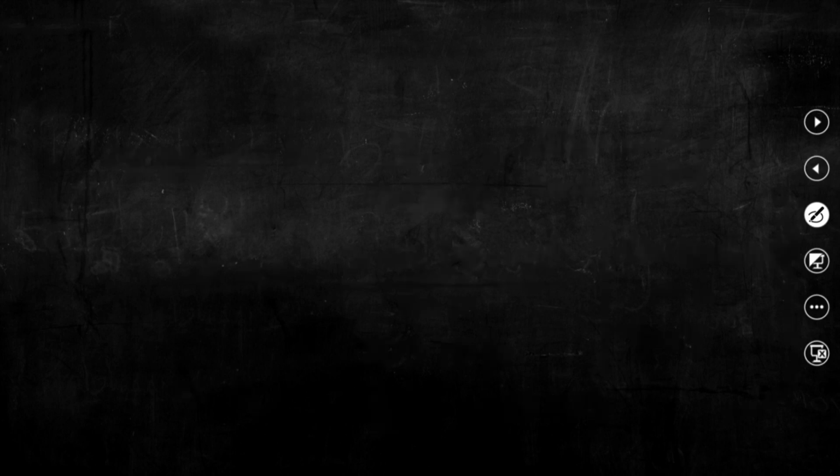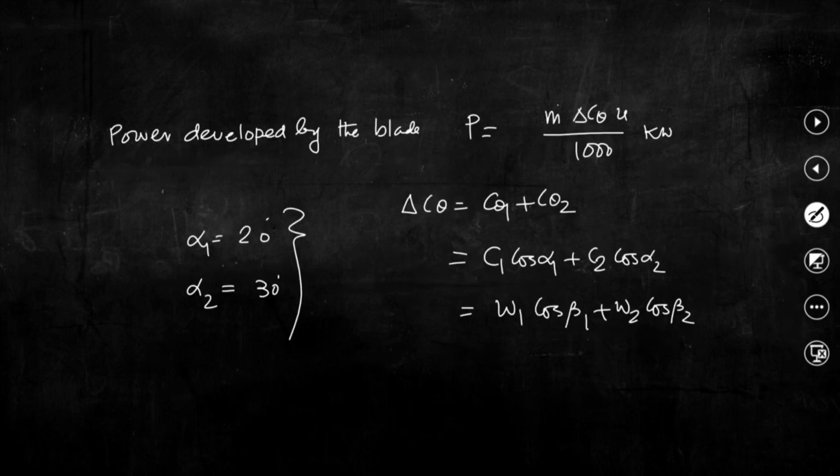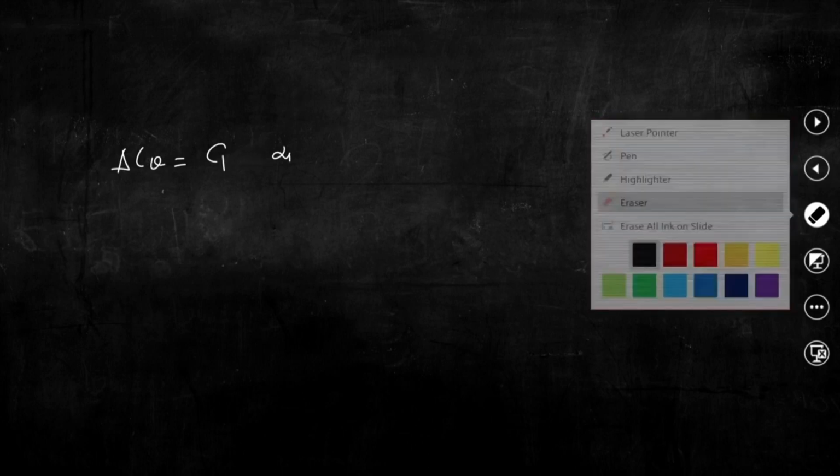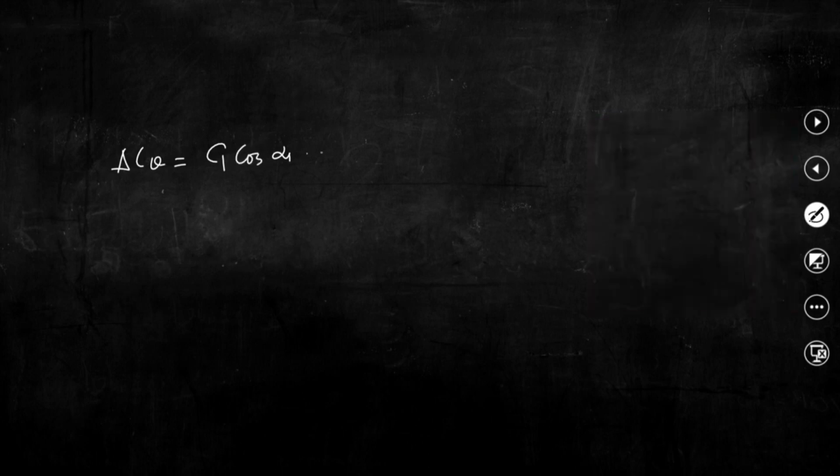Delta C theta next. So, delta C theta equal to C1 sin alpha 1, that we have already written, C1 cos alpha 1 plus C2 cos alpha 2. Okay. So, C1 cos alpha 1 plus C2 would be equal to W1, and alpha 2 would be equal to beta 1,